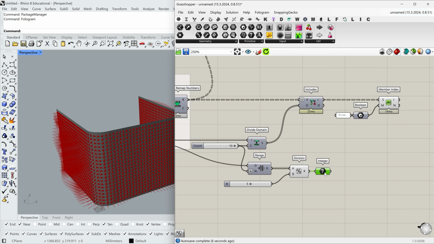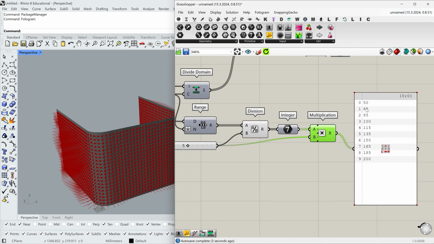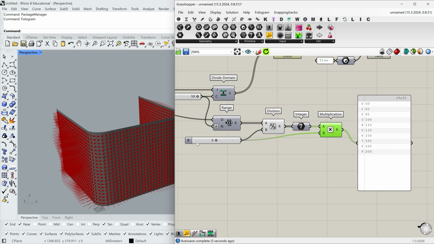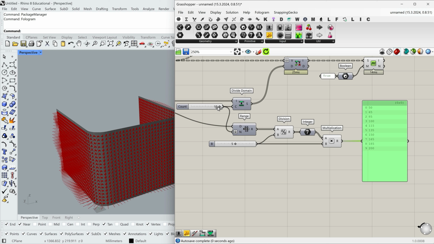And after the Integer node, I'm using multiplication. I multiply this rounded value from Integer by the value I'm rounding to. In this way, with this simple code, I'm getting proper values which fall within the given range. After that, we can change the division number or the rounding number from 5 to 10, for example.